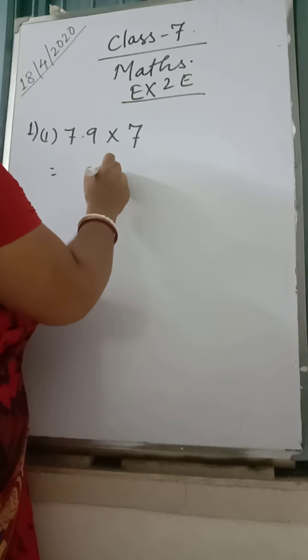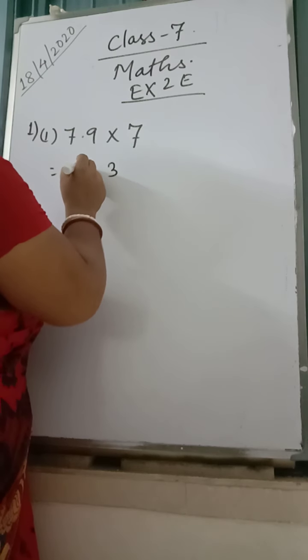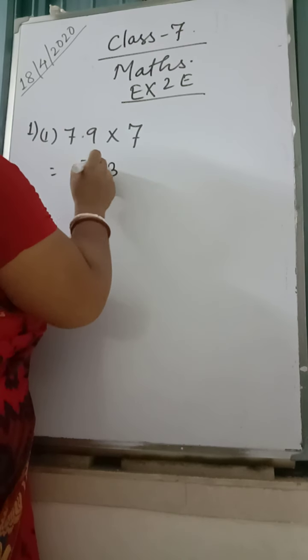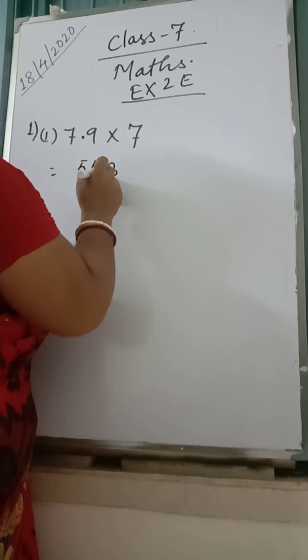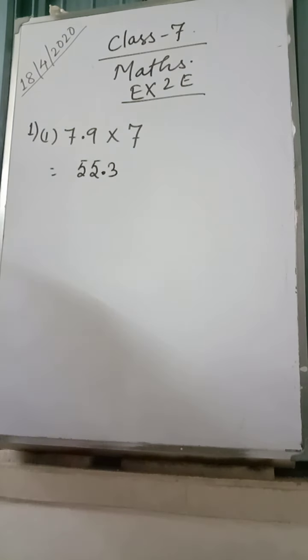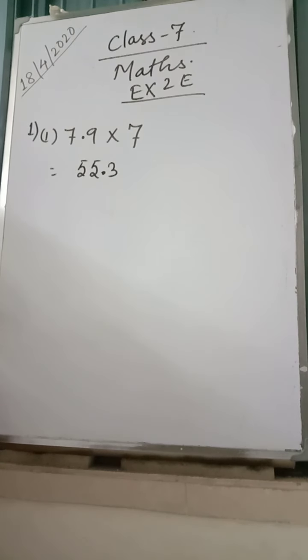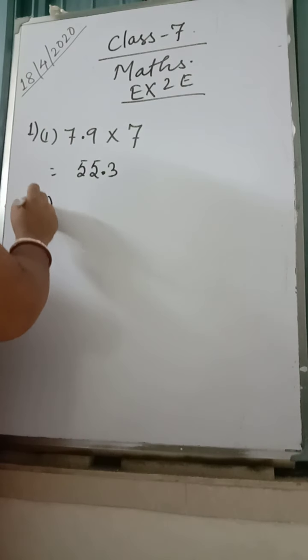We will multiply: 7 9s are 63, 7 7s are 49, and 6... 55. Now after one digit there was a decimal, so I will be giving the decimal here. Now you see the last one, 6 number,